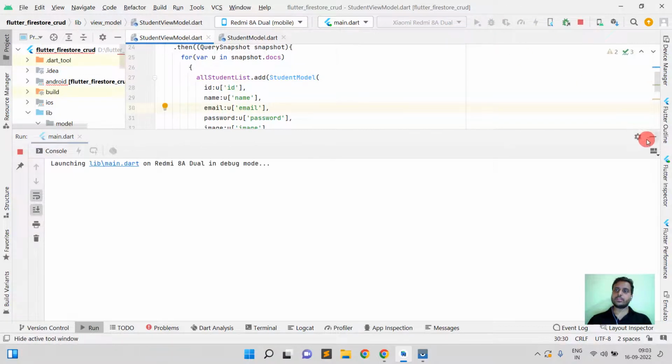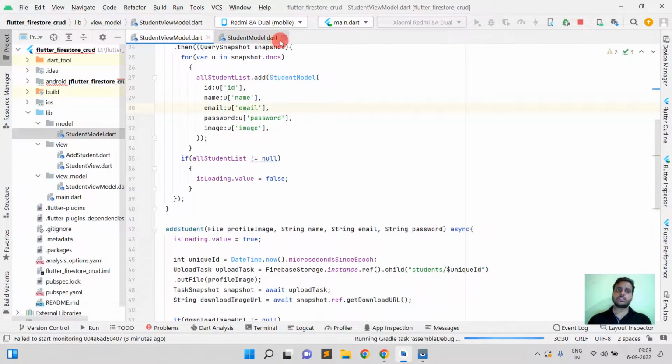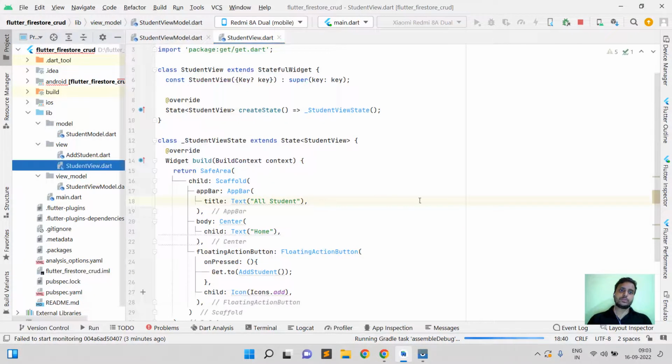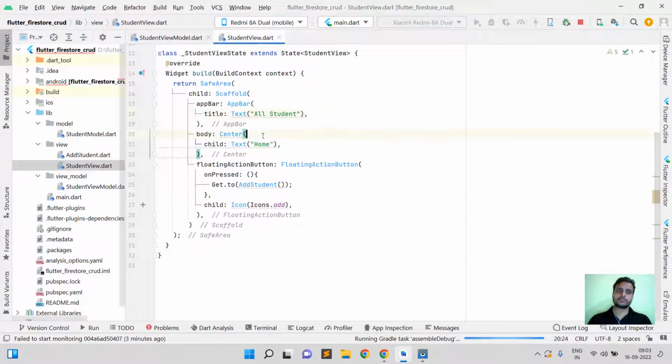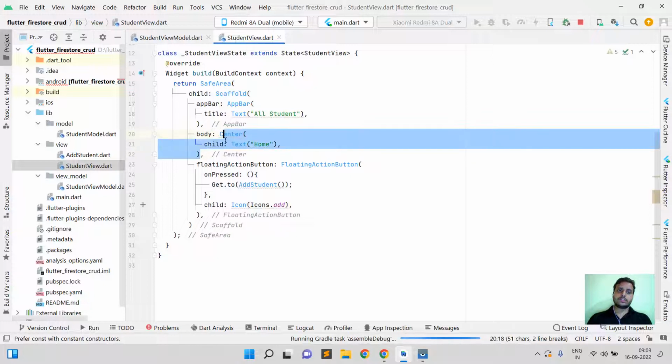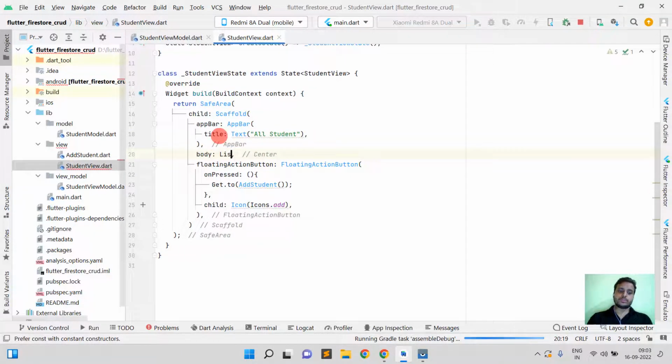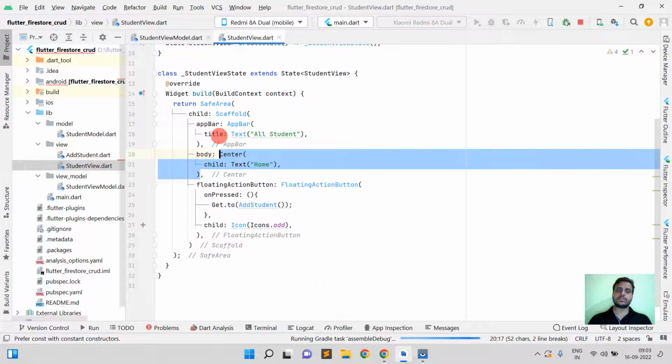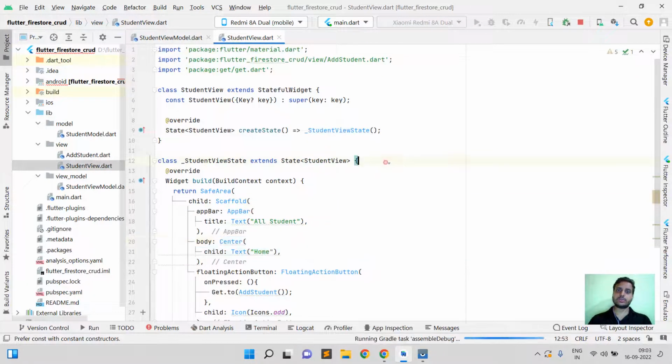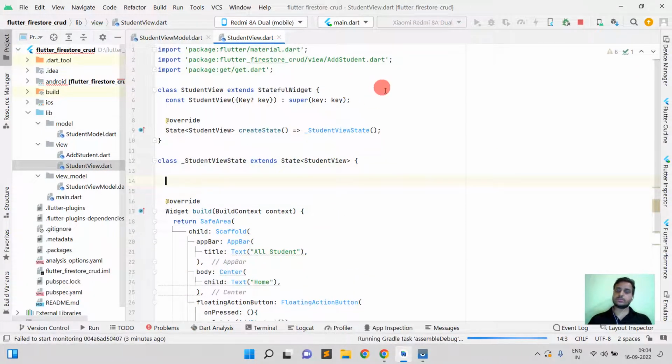Now I'm going to run this application. Sorry, before this I'm going to go to student view, and here in the place of center I am going to use list view builder. Sorry, before this I am going to call this view model here. So final,